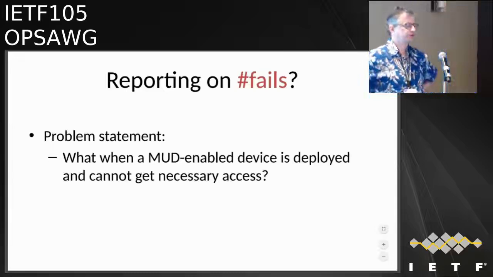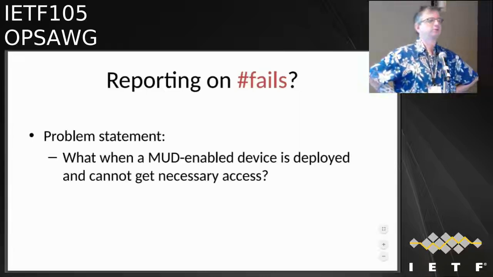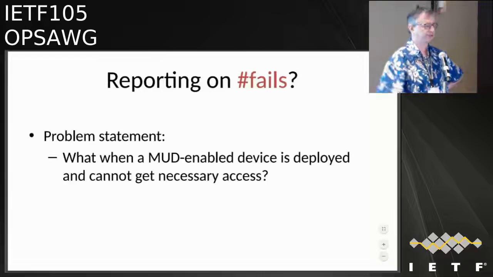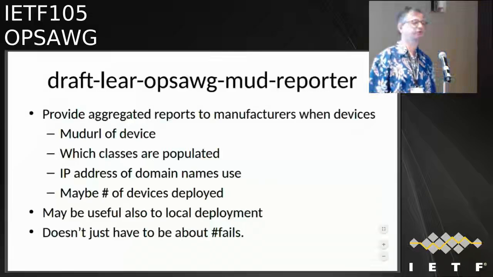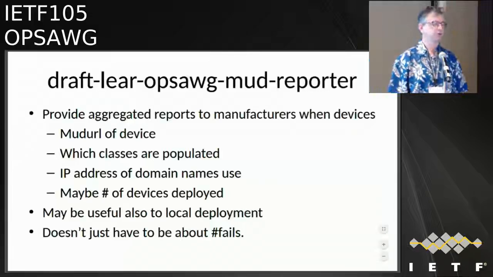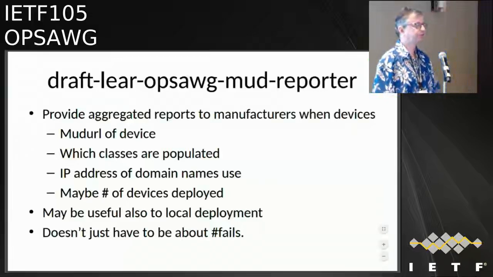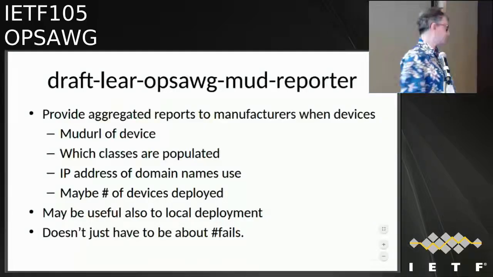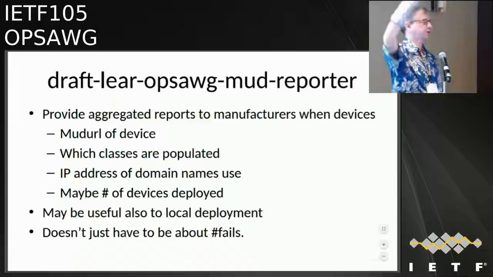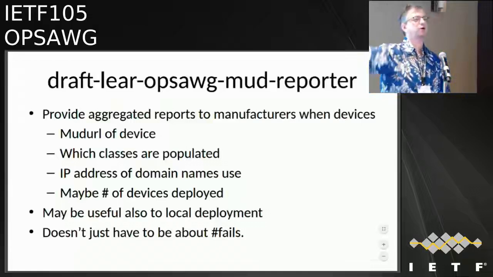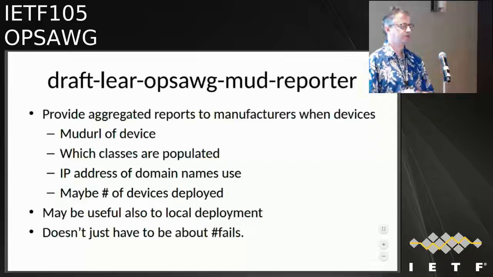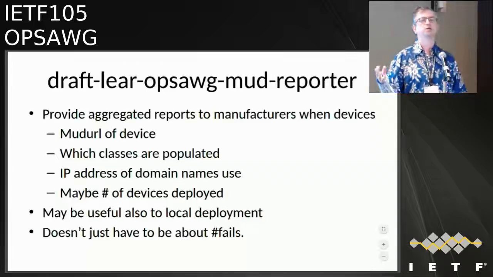So the problem statement is exactly what you see there, which is, at least in my mind, what happens if the device isn't getting the access that it needs, even though it's putting out the MUD URL and the MUD manager is interpreting it. All right, so we have an initial version of a draft, which is draft-ietf-opsawg-mud-reporter. Imagine, roughly speaking, what's reported is, think of ARF. Murray is in the back of the room, all the way in the back, and he did this thing called ARF, which is a reporting mechanism on how DMARC is being used, for instance, to reject or quarantine email. Well, the same sort of concept applies with MUD. You've deployed this MUD URL, you've deployed this device. Now what happens? Is it acting